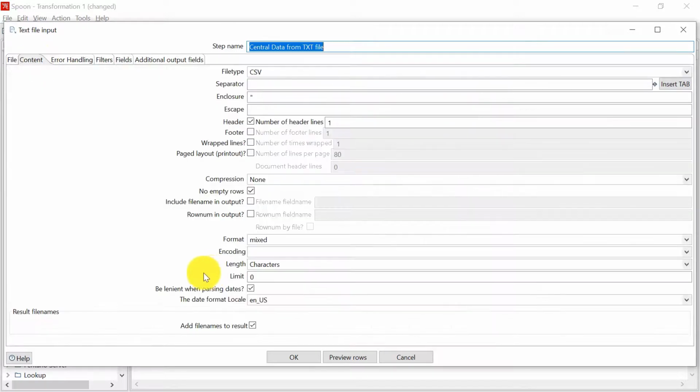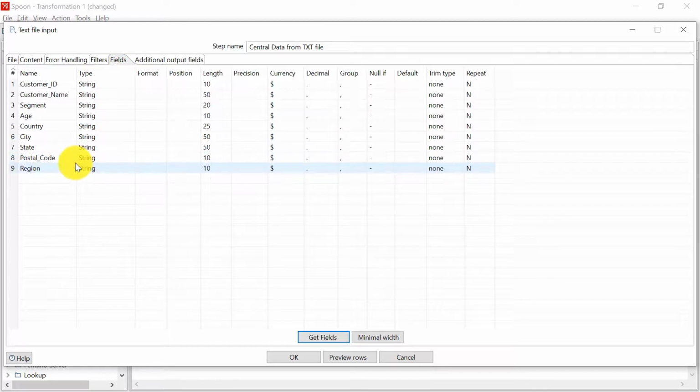The other thing which I told you is, if you want to limit the number of rows, you can select a limit parameter here. So in this way, you can select a subset of your data. If you want fewer rows, you can put a limit. If you want fewer columns, you can remove those fields from here. However, it is better to get the entire data when you are reading the text file, and then use separate steps to either filter the rows or to remove the columns from the middle.